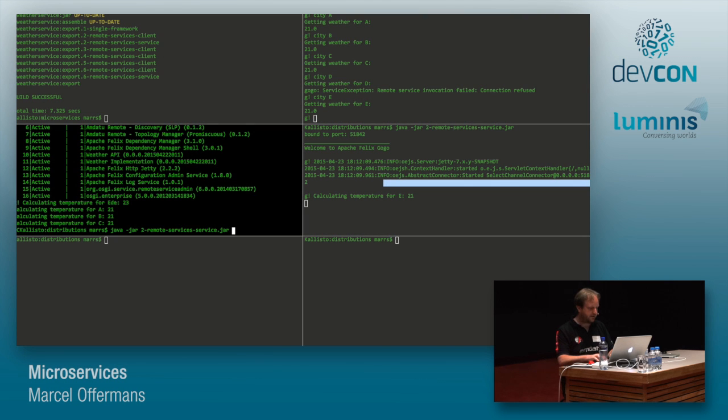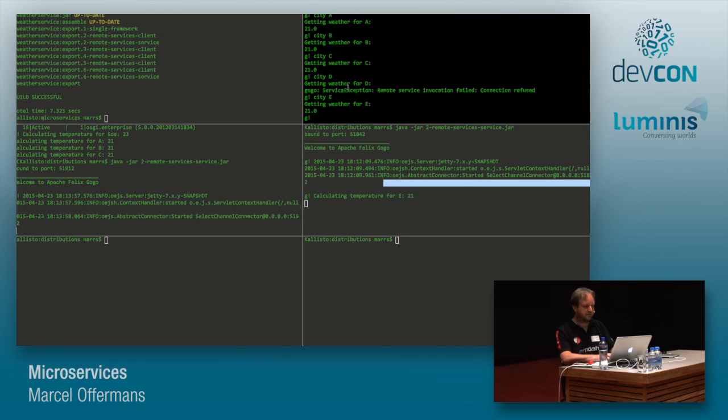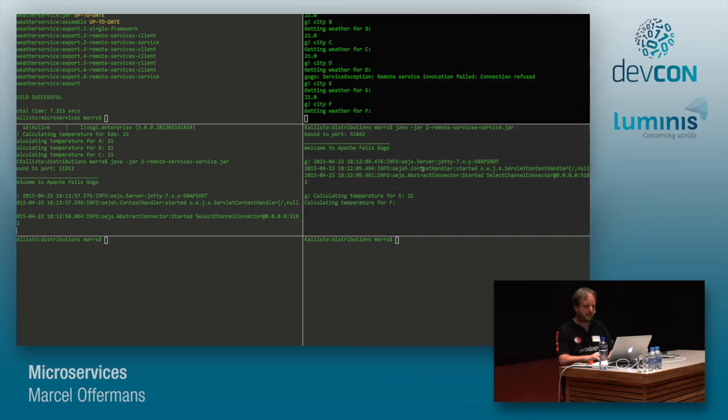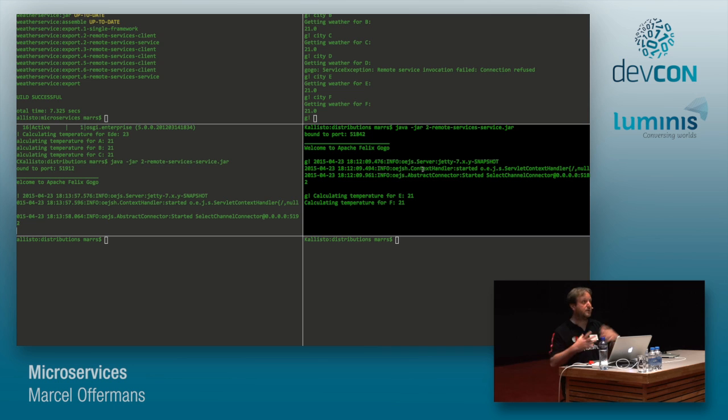So I can restart this one again, and you can see it's probably still going to this container because now it's the oldest one around. I stopped the other one, so it doesn't count, it restarts. But it doesn't really give us some nice features yet regarding load balancing and high availability. So let's see if we can make that work as well.